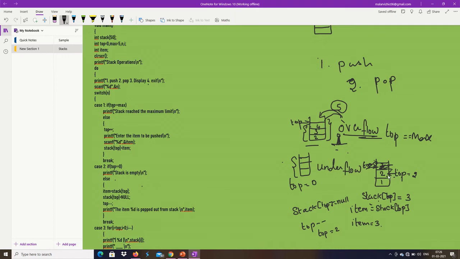in your stack. As I said earlier, we are decrementing the top, then we are printing the information as "the item %d is popped out from stack", and then we are printing that item. Then we are breaking using the break statement. Okay, so the next one is